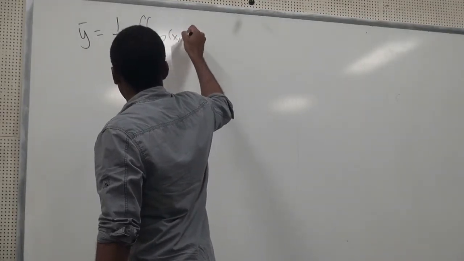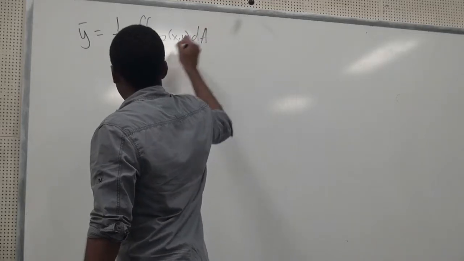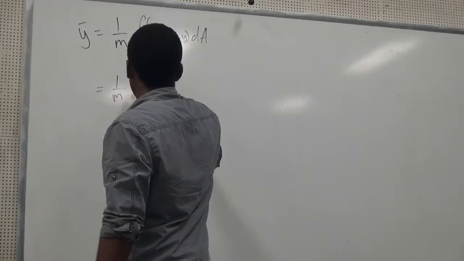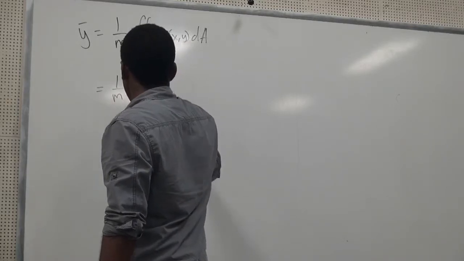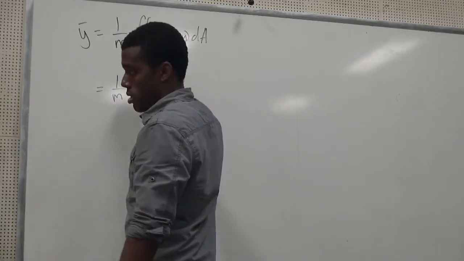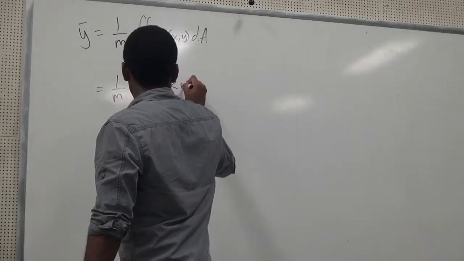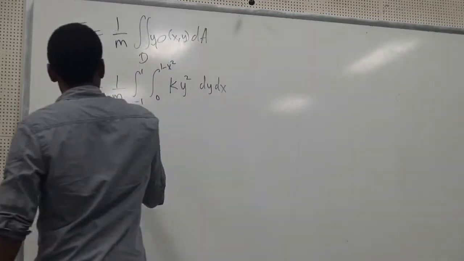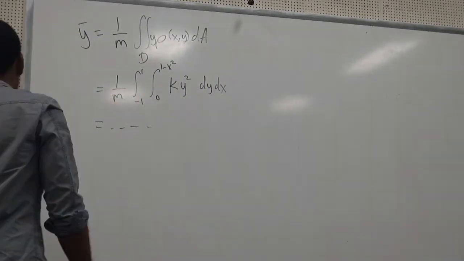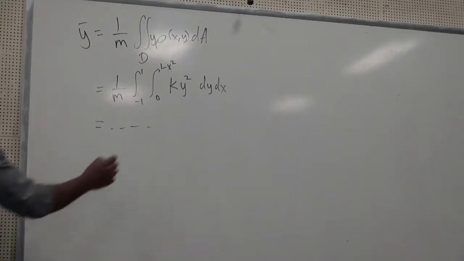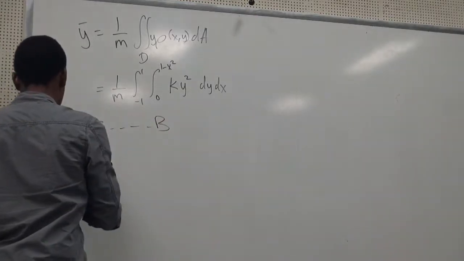Y times rho a. So this would give me whatever I got for x. And it's going to be the integral from minus 1 to 1 of 0 minus x squared of ay squared dx. Of course. So this gave you the answer A, and that gave you the answer B. Then